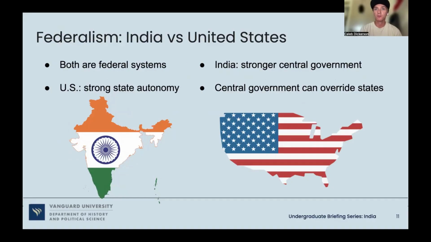They can impose something called President's Rule, which means that the federal government can take over a state government. This happened in 2018 in the region of Jammu and Kashmir. The state's government collapsed due to a coalition between some of the political parties there. With no clear majority to govern, the federal government stepped in and took power. In comparison, in the United States there's really no equivalent mechanism by which the federal government can just dissolve a state government and take control. That exemplifies how much stronger the Indian federal government is compared to the United States.